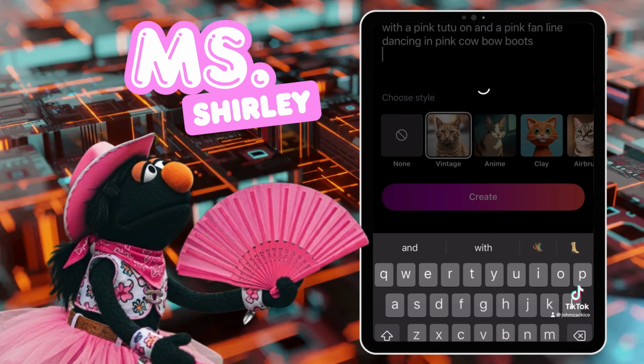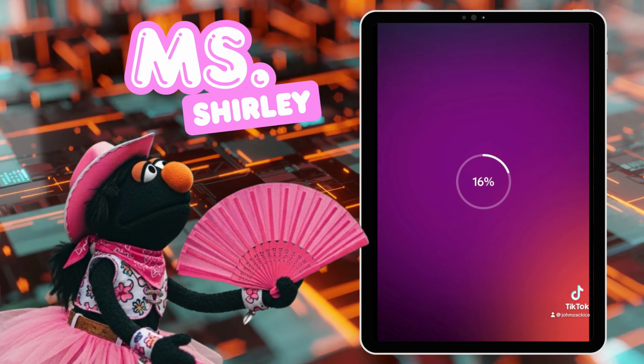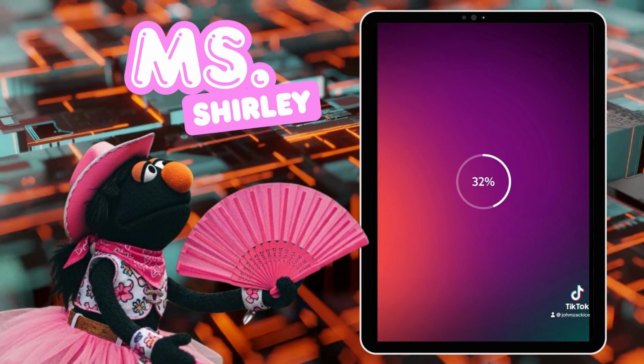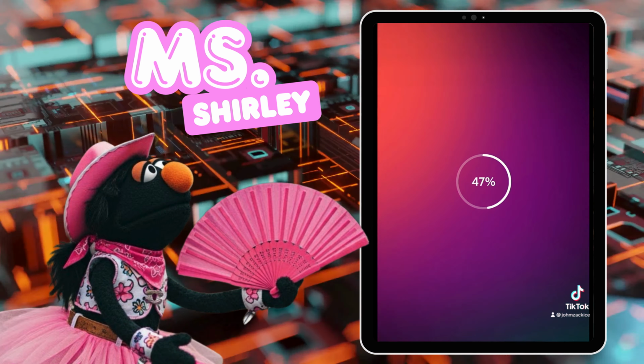One thing that I always like to do is say something like, cute Muppet in pink cowboy boots with a pink cowboy hat and a pink cowboy tutu in the ghetto, so it can be a little bit grimier. I know that's kind of crazy, but AI recognizes the ghetto or the street, and it's so amazing the way that it does it. And so now